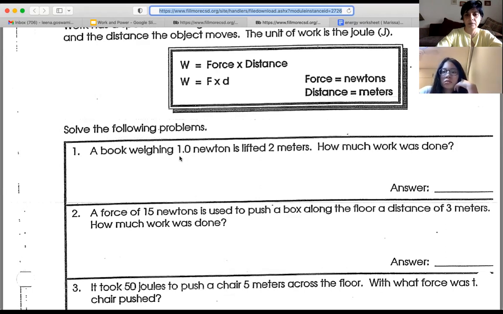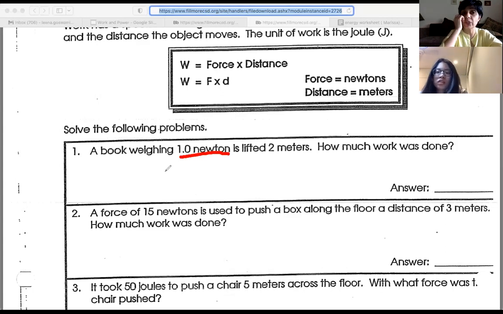Two. So 2 joules. Does your teacher insist on writing the steps in any numerical? Yeah. So you're going to do that. You're going to tell me what's the force? Force equals 1 Newton. Yeah, 1 Newton. Then you're going to write